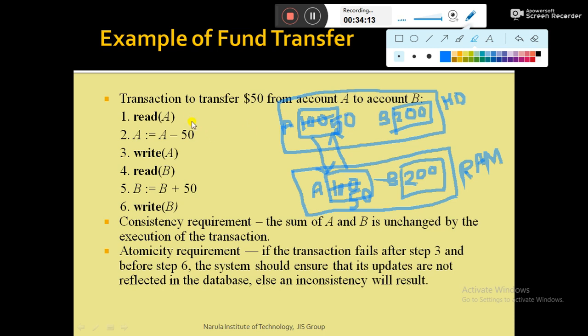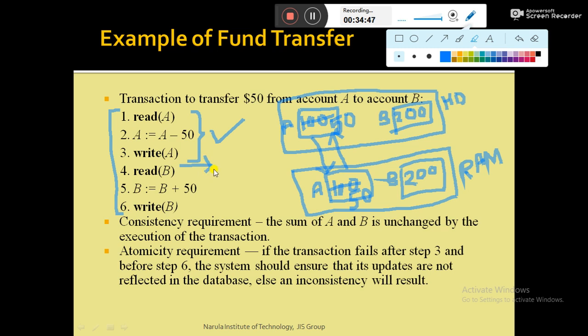Now suppose after execution of these 3 instructions, so this is a whole transaction, this is a single transaction, so multiple operations. How many operations? 6 operations are there. Now out of 6 operations, let us assume that the first 3 operations are performed successfully, and then at that point of time,